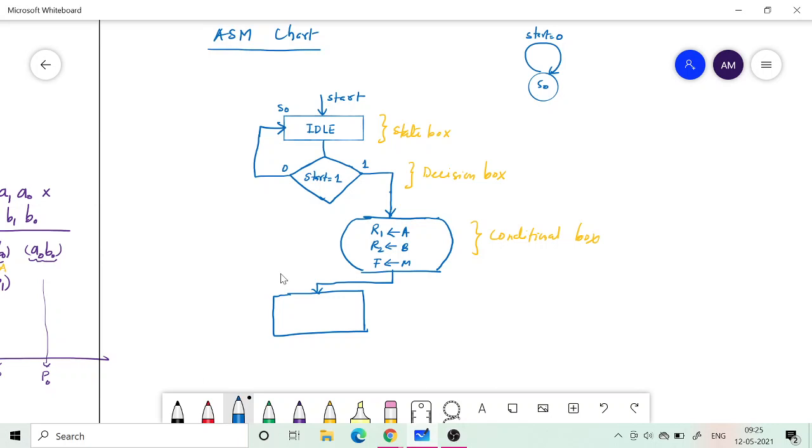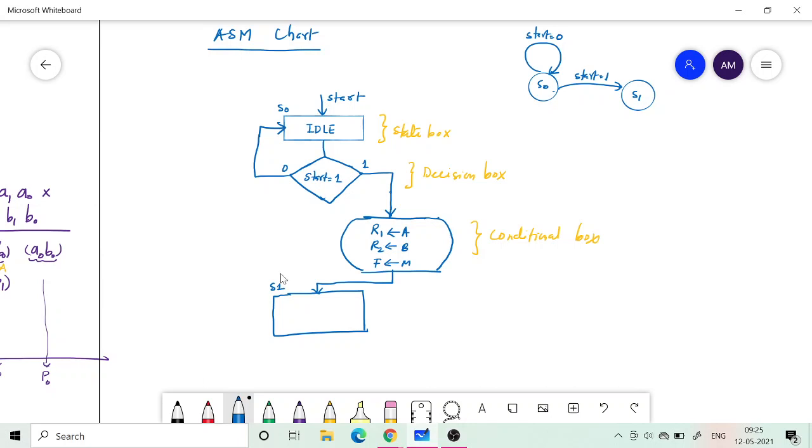Here you see that the ASM chart gives a lot of details about what is going to happen in the data path, which is missing in the state diagram. If I draw the corresponding state diagram, this is say S1, and when start is equal to 1 it will go to S1. That much only we will say. We don't say anything about the actions.